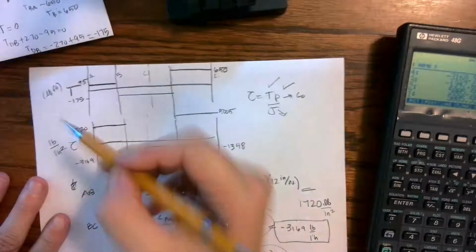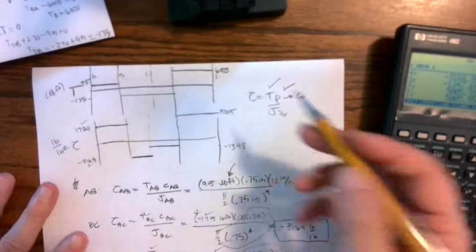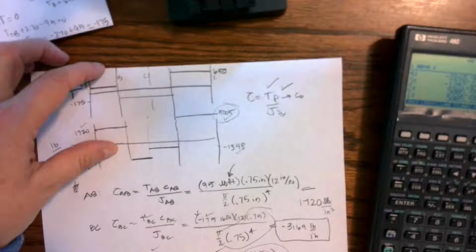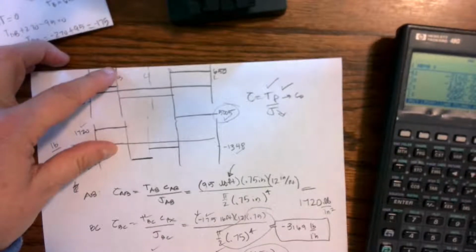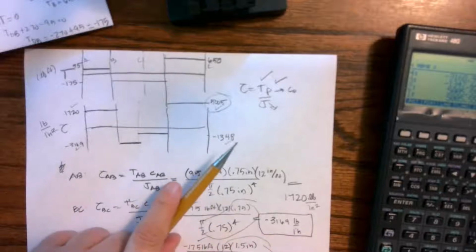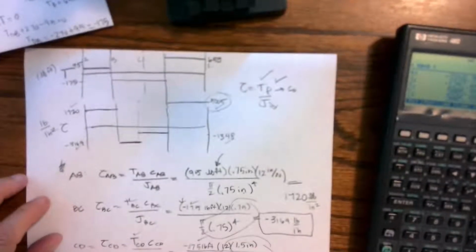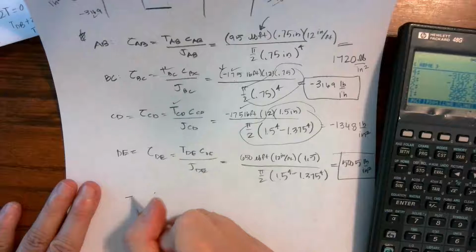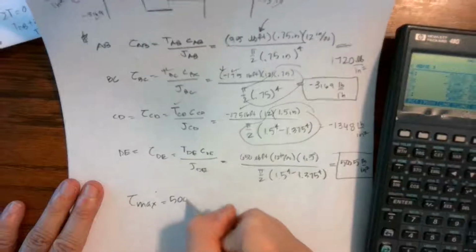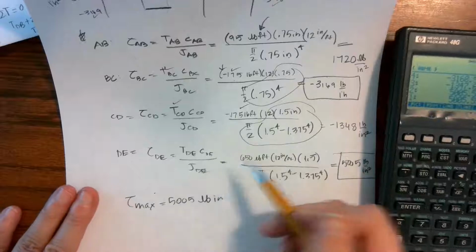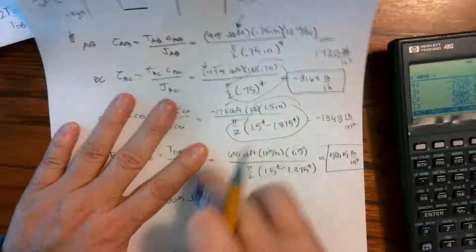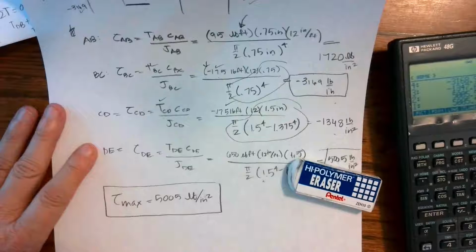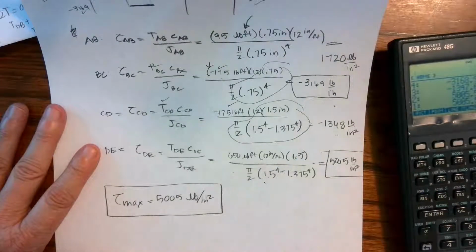So where is my maximum stress? I have a 1720, a minus 3169, a minus 1348, and a giant whopping number up here. I'm trying to refocus, but I can't find my little mouse. Okay, so this would be my maximum internal stress. So max for my system is 5,005 pound per inch squared. Okay, I'm going to make a second part of this video to go back and do rotational